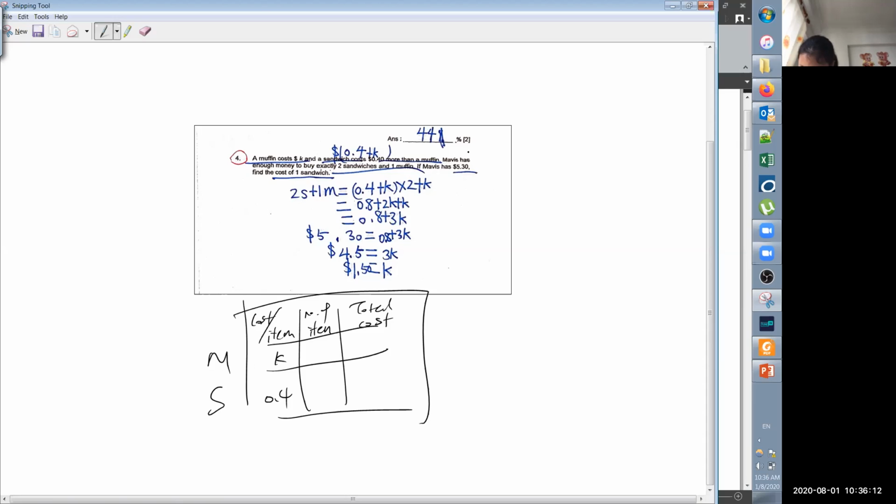So it says sandwich costs 40 more than a muffin. So it's 0.4 plus K. So Mavis has enough money to buy exactly 2 sandwiches. 2 sandwiches. Then what? 1 muffin. So just add up. I mean times first. Then this is 0.8 plus 2K. So add up, you'll get what? You get